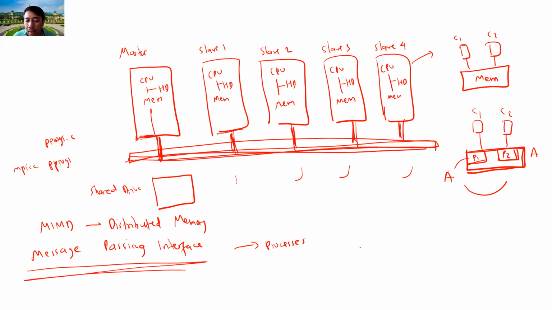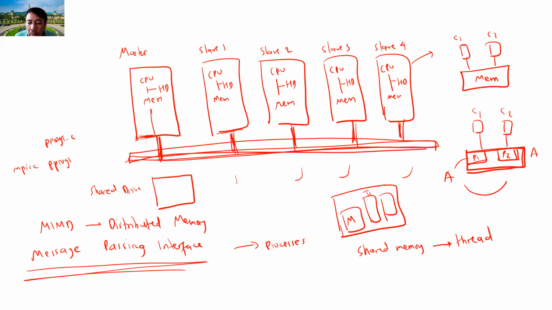So this is a process. If you have pure shared memory, then normally you are using threads, which are software threads. In one process, you allocate some memory, and then you have thread 1 and thread 2. Thread 1 belongs to C1, thread 2 belongs to C2, for example. They can access the same location of memory. When you visualize a shared memory programming model, it is like this: you have memory with matrix A, and it is shared among the cores C1 and C2. Any question so far?